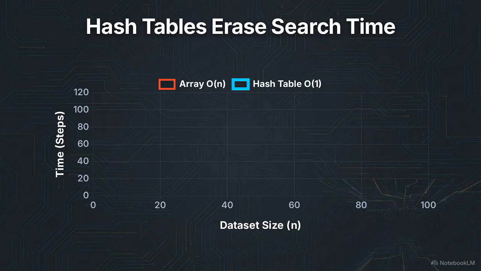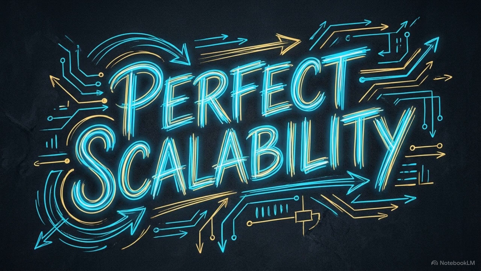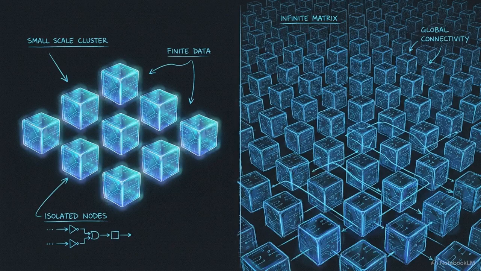This chart shows the mathematical advantage of the hash table using big O notation. While a standard array search time, or O of n, increases as the dataset grows, the hash table search time tracks as a flat line. This flat line is O of 1, or constant time. It means the time required to retrieve an item remains the same whether the table contains 10 items or 1